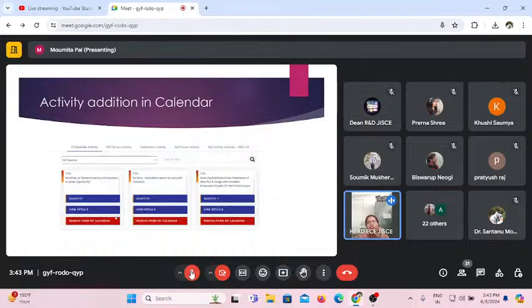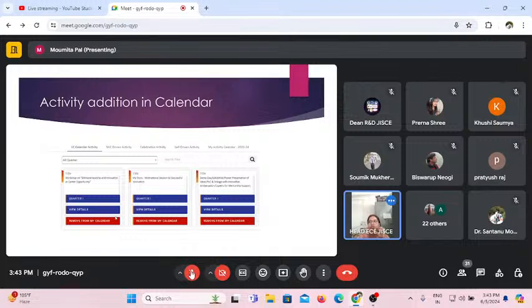Now, coming on to the activity addition in the calendar, as I have already explained, we have 4 types of activity: IIC calendar, MIC driven, celebration and self-driven activity. So what we need to do after adding the council meeting, whenever for quarter 1 we have already uploaded the council meeting and the quarter plan, then you will be eligible to add the activity